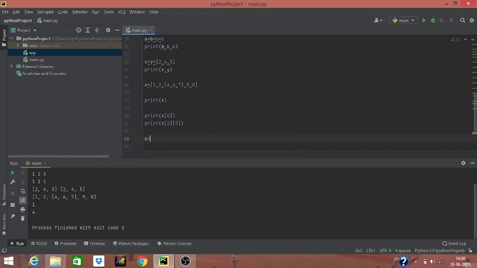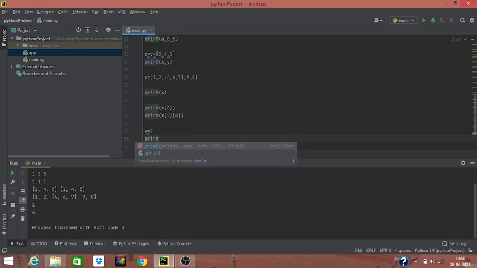For example, I have created a variable a and assigned an integer value to it. Okay, here 2 is printed.